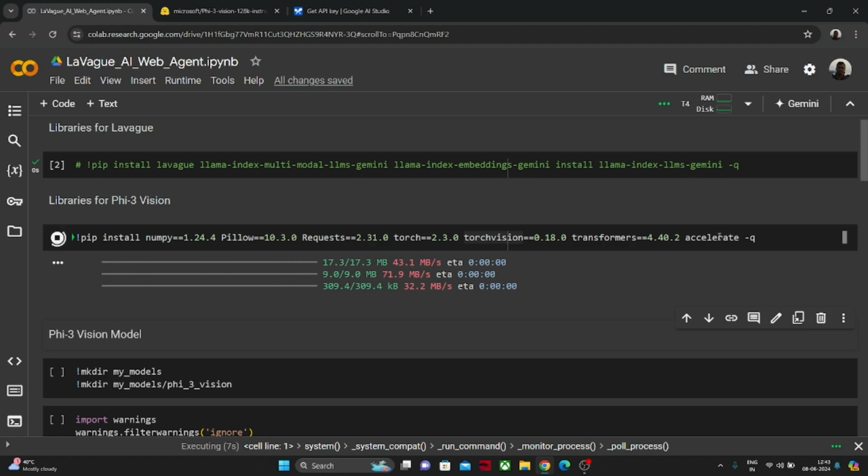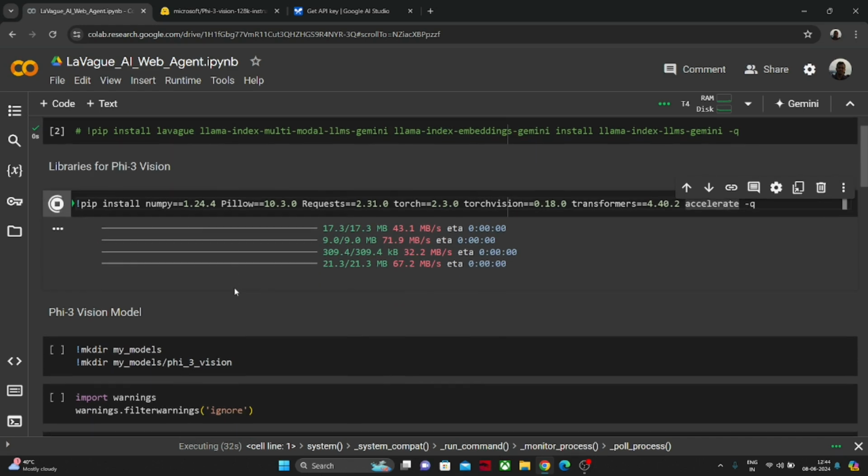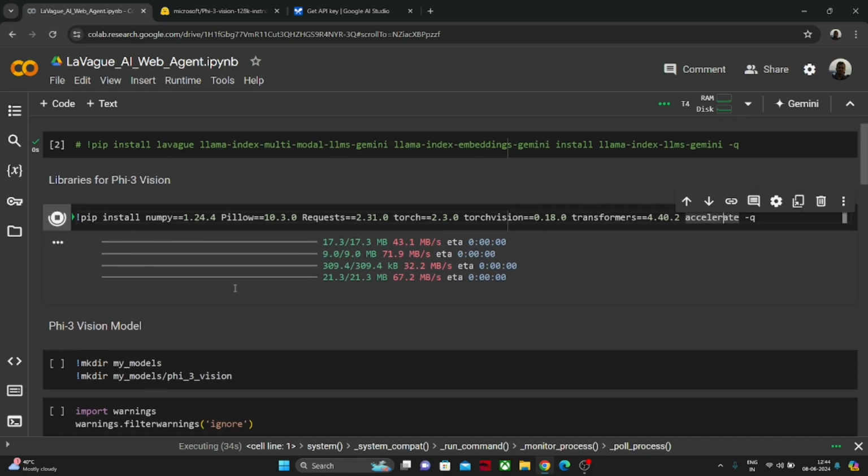Apart from that, we also need to install this accelerate library. The accelerate library is required whenever we are using CUDA, or basically whenever we are utilizing this GPU server. And also if we are doing some CPU offload or something, then also we need to install accelerate. So as we are using this GPU server, we also need to install this accelerate library. Apart from that, once this installation is done, we will be going with the next part of the